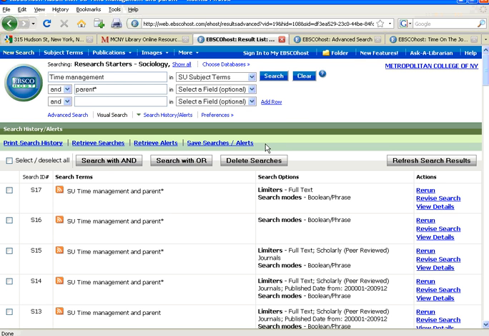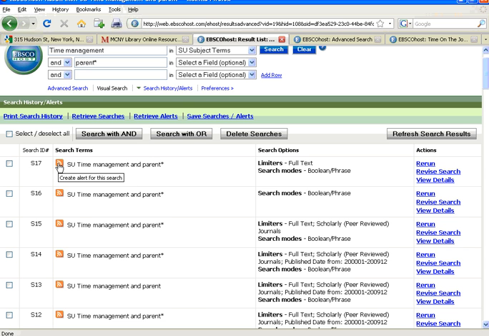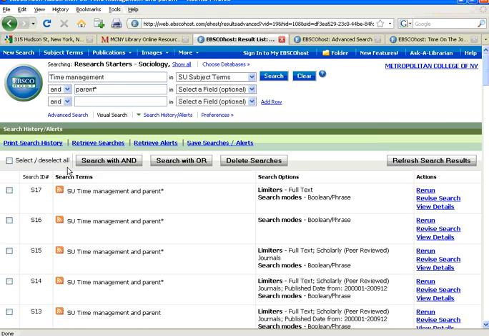It's good to see what worked and what didn't work. The other thing is with this RSS feed, if something works, it will create an alert for that search and send that material to you in your email or internet browser. So another quick